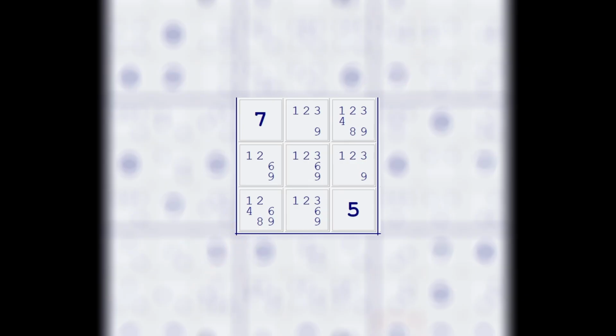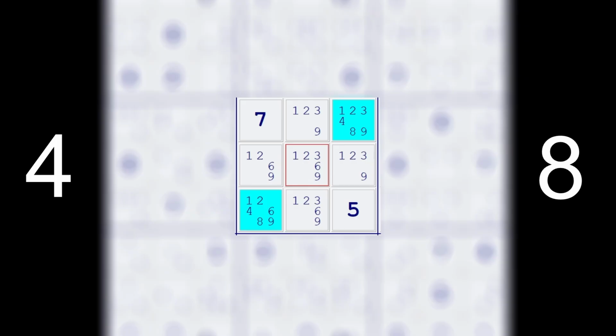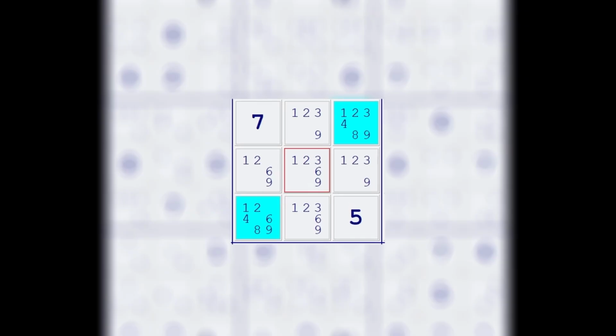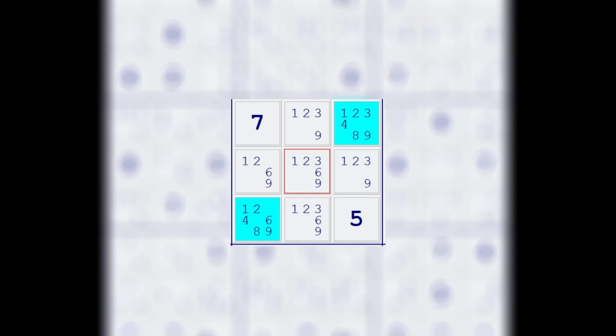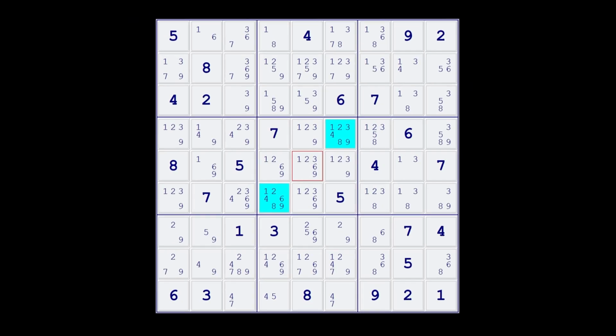I am going to mark them in blue. If you look carefully at that center box, those are the only 2 cells where the candidate 4 and the candidate 8 appear at the same time. This means that these 2 are a hidden pair. They are a pair that is in this box, but it is hidden inside other candidates. Notice that above we have the 1, 2, 3, and 9. Below we have the 1, 2, 6, and 9,